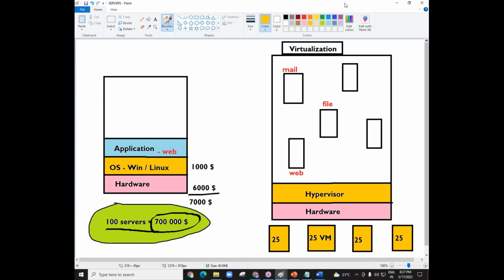So in the virtualization scenario, you need 100 servers, but how many have you taken here? 1, 2, 3, 4. You have taken only 4 servers. And in each server, how many operating systems do you install, my friend? Only 25 OS here, 25 OS here, 25 OS here, and 25 OS. So instead of taking 100 physical servers, you have taken only 4 physical servers. You can see clearly how much money you have saved. This is what virtualization is all about, my friend: taking one physical machine and running multiple OS.